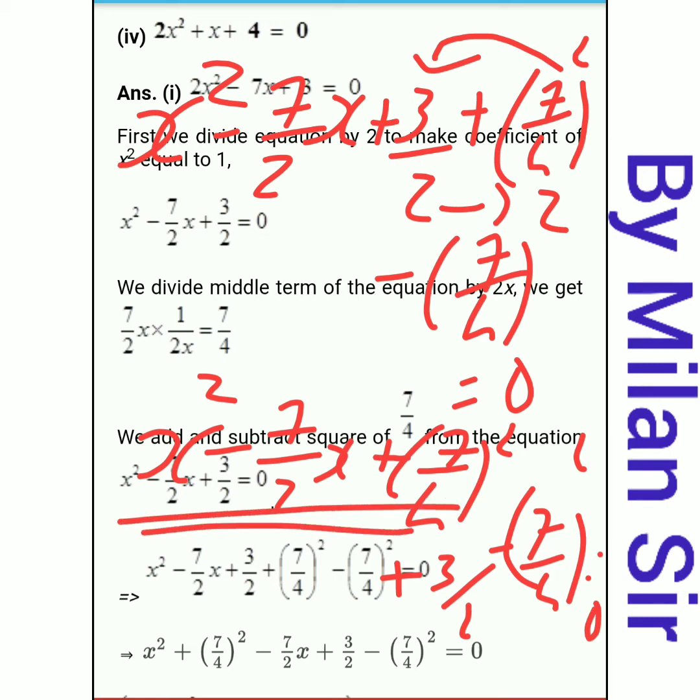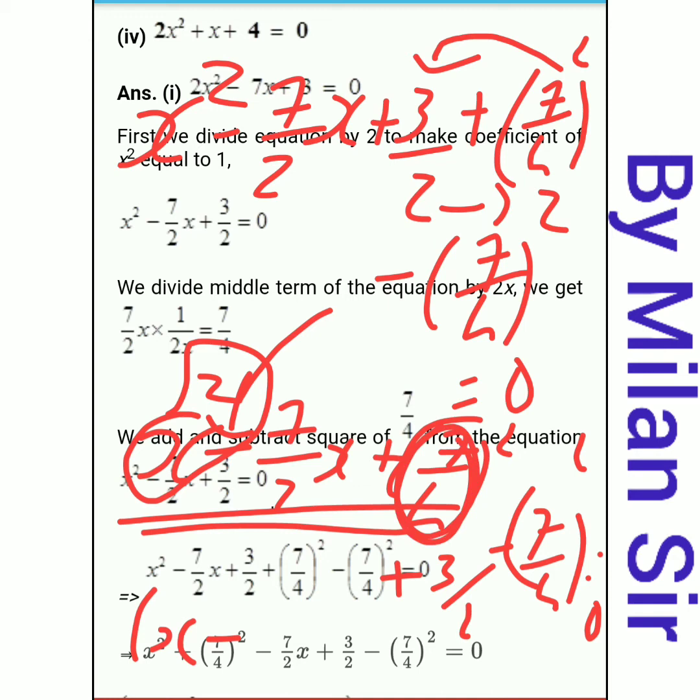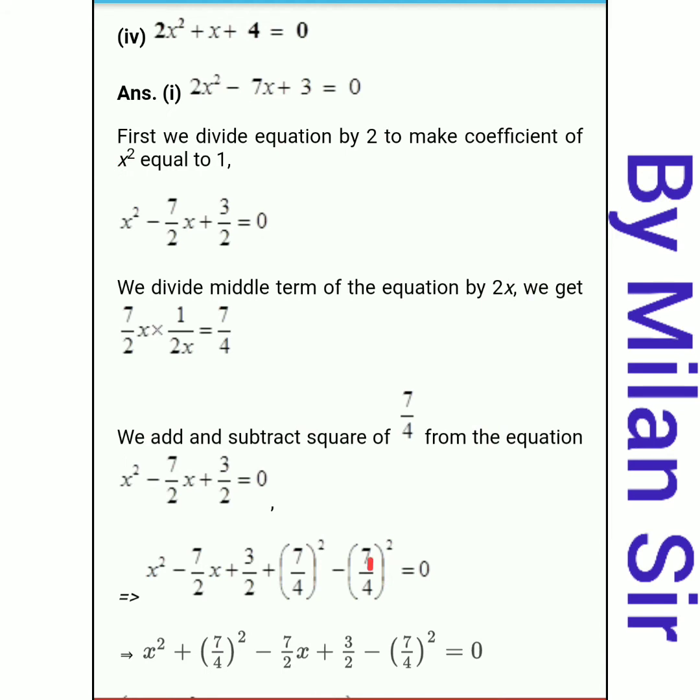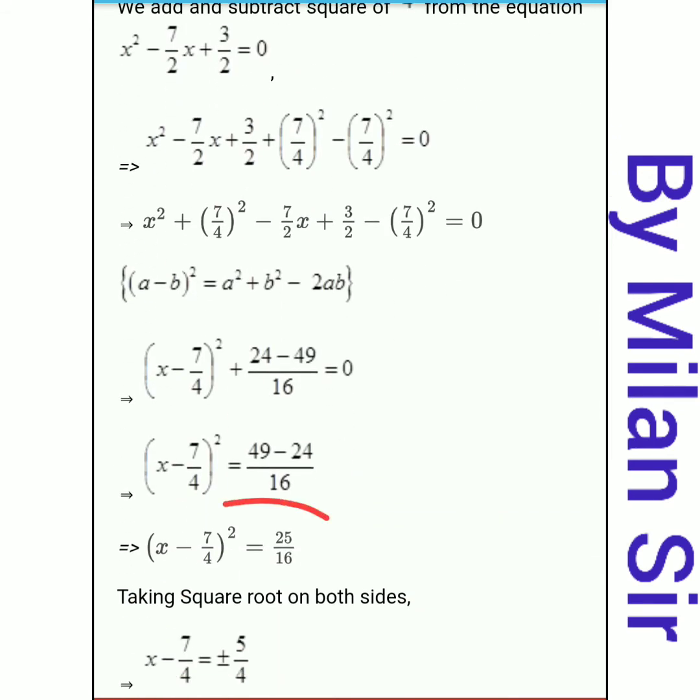Now from these three terms, we need to write our square. That means we take the square root of the first term. It is x only. In the middle term, we only take the sign, so here we put a minus sign. Then again we write our second bracket, that means the third term, right now it is 7 by 4. So (x minus 7 by 4) all squared, and we need to simplify these last two terms. Okay, so we will get this. After that we need to take the square root on both sides, and we need to write it with a plus or minus sign.